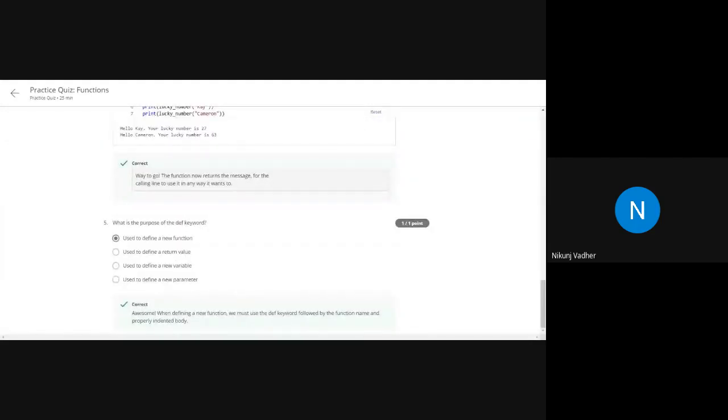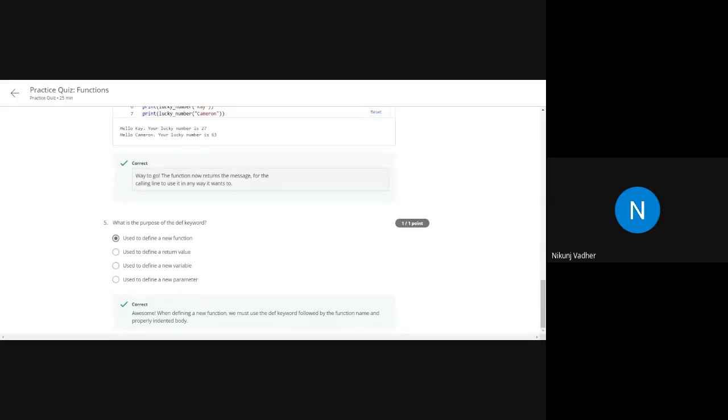Okay, that's it. So one quiz is over. Similarly, you have to complete all the quizzes from the week. If we look at, let's say, week 2, there is functions, then similarly there are conditionals and then module reviews. So, the practice quiz for conditionals, let's say this one. You just have to look at the video.